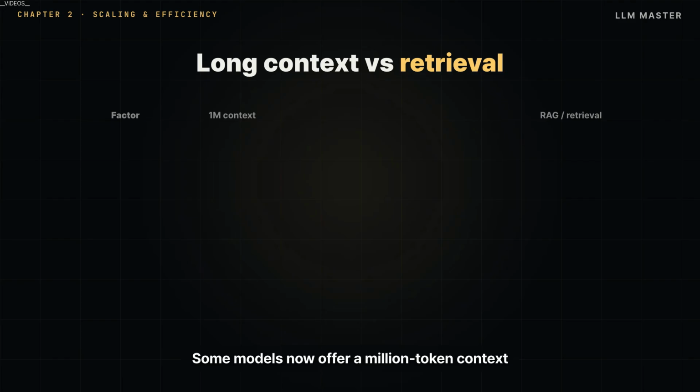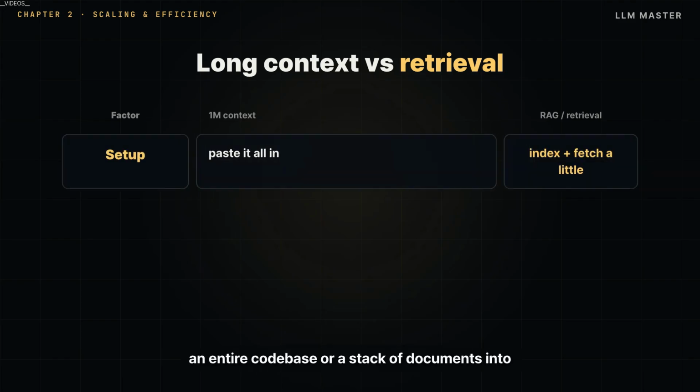Some models now offer a million token context window, and it changes what's possible. You can drop an entire code base or a stack of documents into a single call. But can and should are different questions. First, the practical gates. Very large windows often require a specific usage tier or a beta flag to turn on,